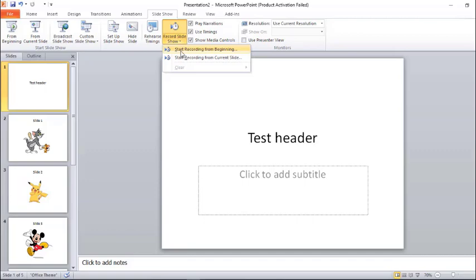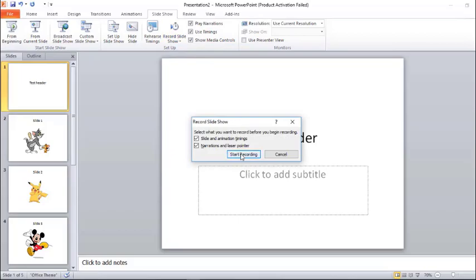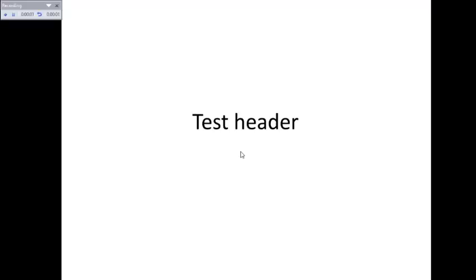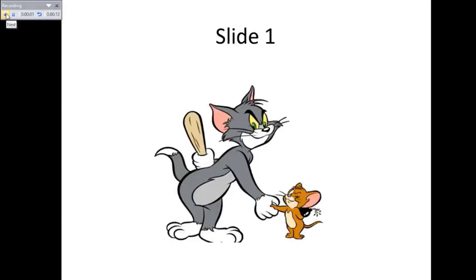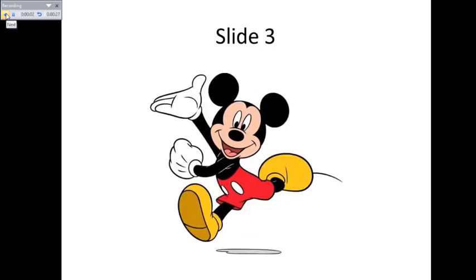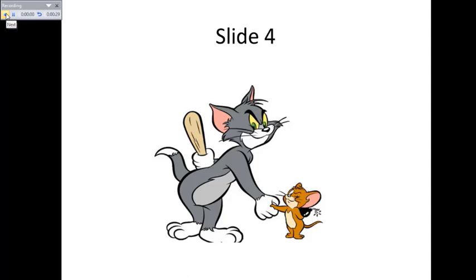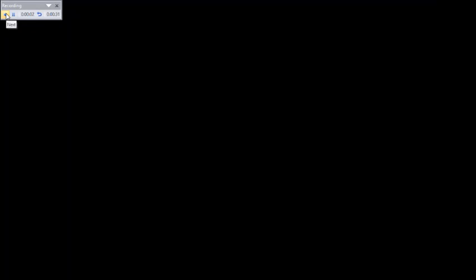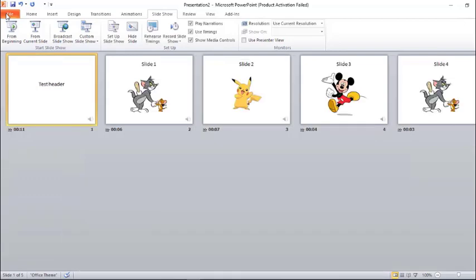I'm giving an example here. Start recording from beginning. Start recording. So the test header is showing. I'm keeping this for 8 seconds. Then for the next one, I will keep 5 seconds for this slide. Now for this one I will keep 6, 3 seconds, 2 seconds. Okay,